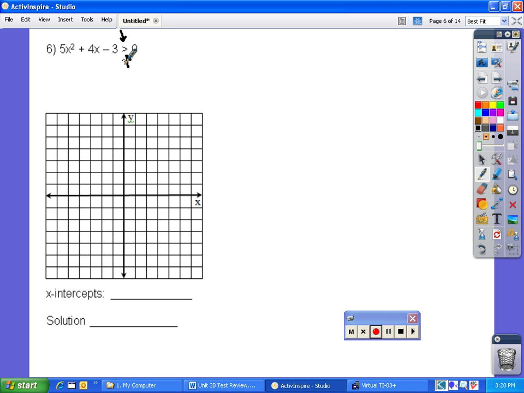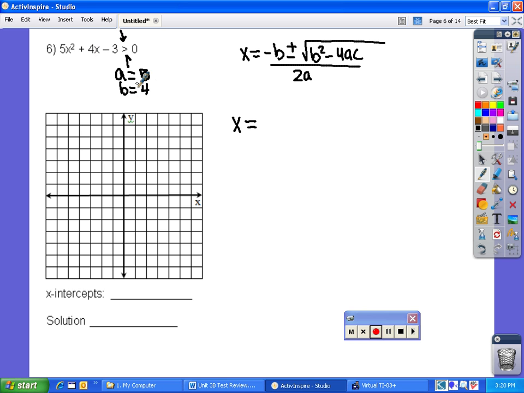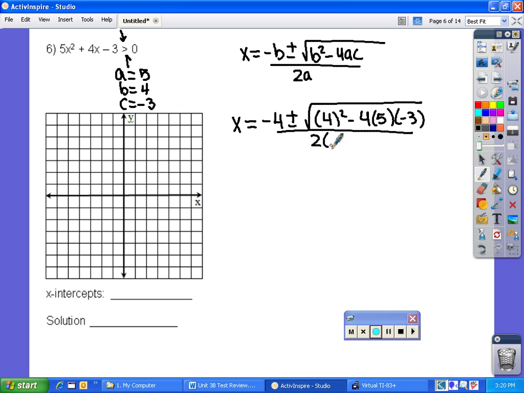So the first thing you do is do your quadratic formula. This will be given to you. I'll write it somewhere on the board tomorrow. So you know your A is 5, your B is 4, and your C is -3. So you just plug it in. X equals -b plus or minus square root b squared minus 4ac all over 2a. So now when you work it out, you get